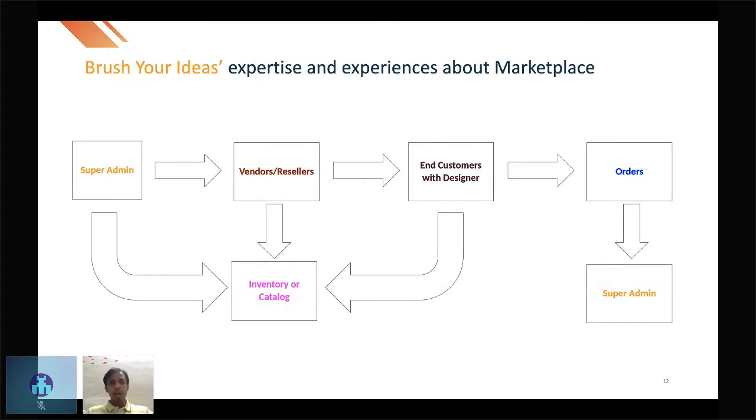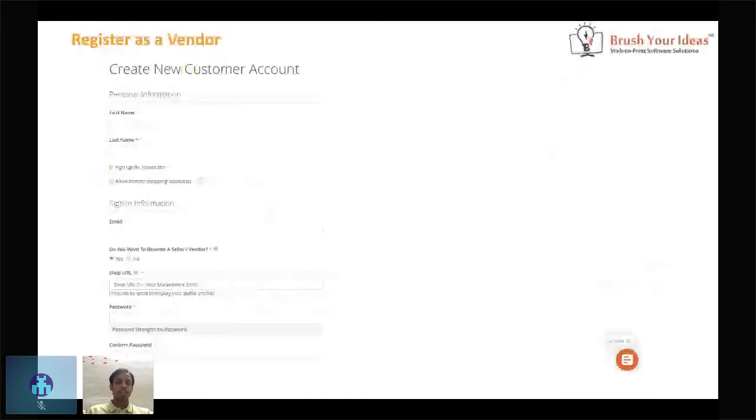Now let me show you how they can register with your system, and how they can contribute to your earning and their earning as well. They will come to your website. You have created a single page where they can read your terms and conditions and the privacy policies you are proposing for your partners. They will then come to the registration page.